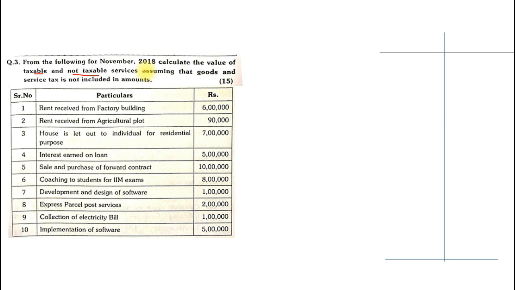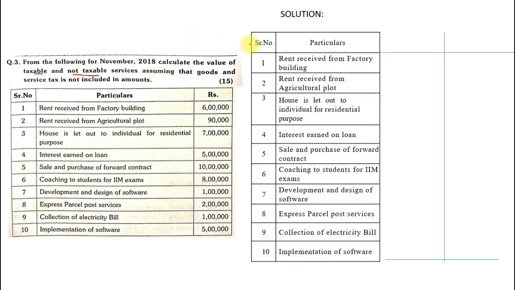So basically, this is one of the simplest sums. The list is given. You just have to segregate which of them are taxable and which of them are not taxable, and then later just add it up and get the taxable and non-taxable value. The columns will be very simple: serial number, particulars, just note down the list however it is given, and make two columns, taxable and